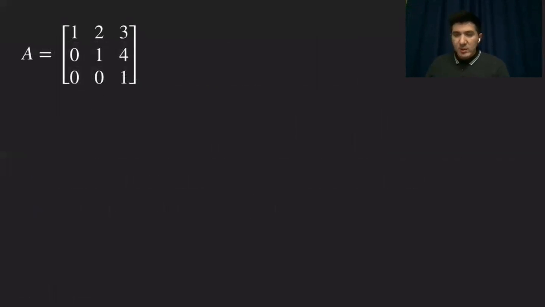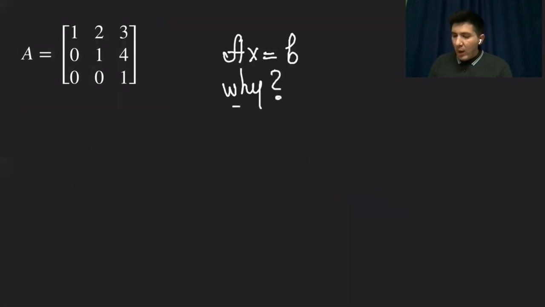So this system, for example, always has a unique solution, no matter what b is. If you write down the system of linear equations Ax = b, it is always going to have a solution. Could you please pause the video and try to answer why the system always has a unique solution? Okay, so here you see this matrix is already given in the row echelon form